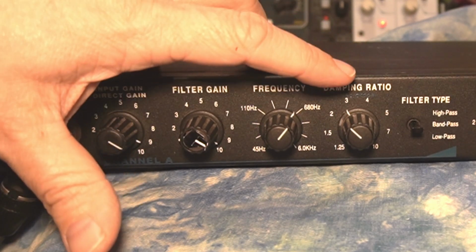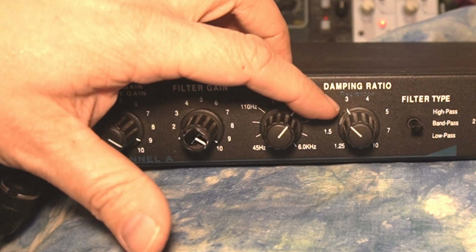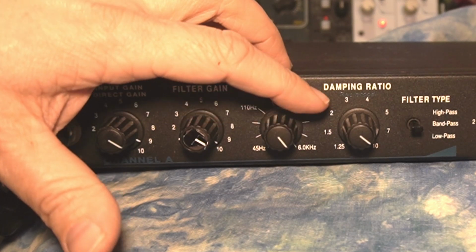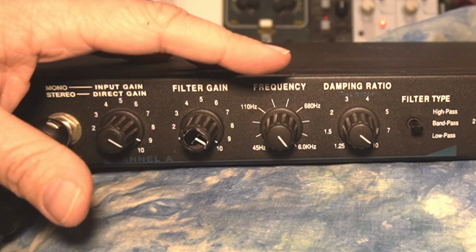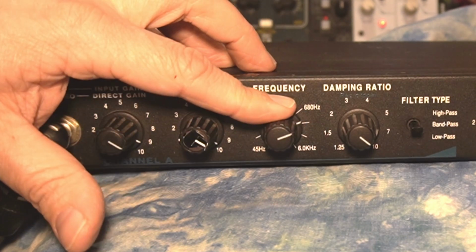Basically, in bandpass mode, I think of it as how narrow the U shape is that's being let through. So at high frequencies, with the bandpass, it's really just letting a very narrow amount of the attack through. But as you move your way down, it...